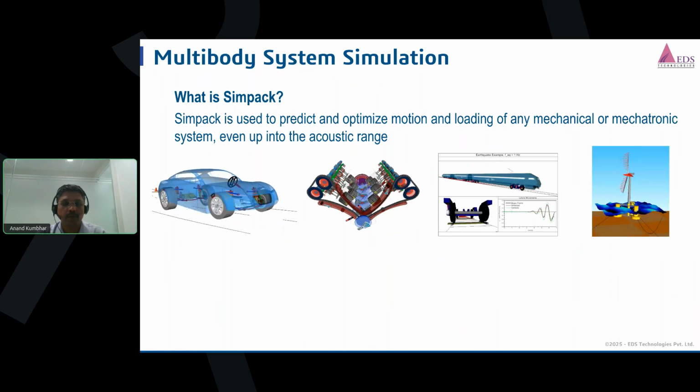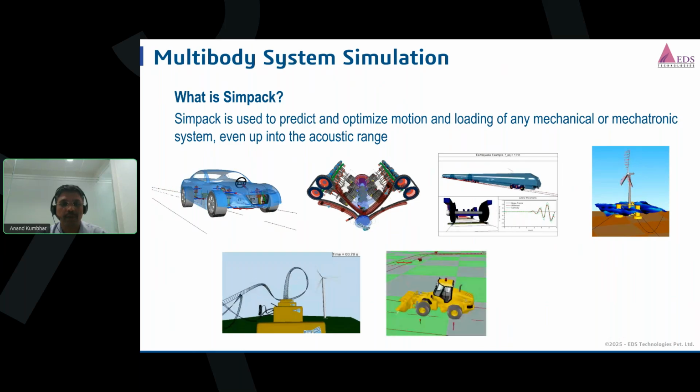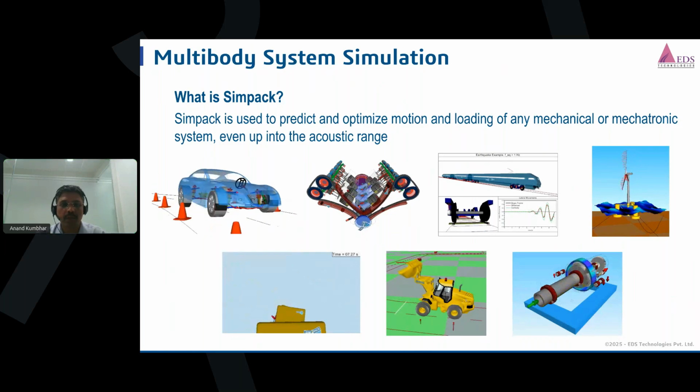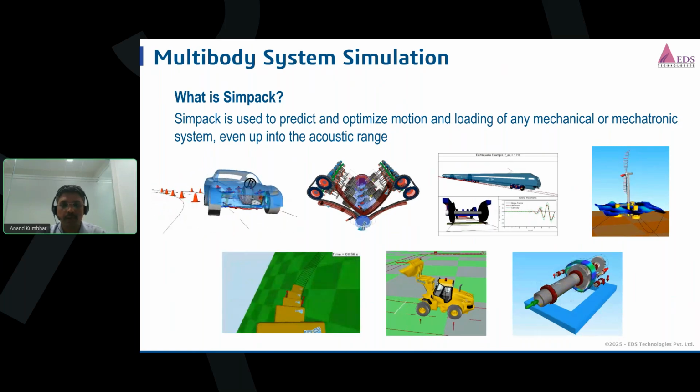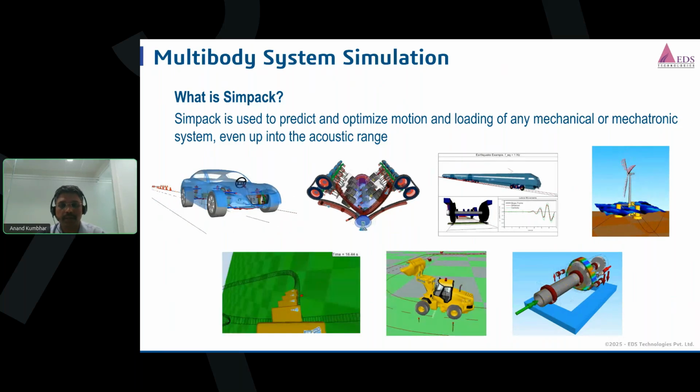The first application is automotive, like ride comfort and handling analysis. Then engine analysis, where whole engine simulations can be done. It has almost 100 moving parts, which is a very complex system, and we can also have flexible bodies. Then Simpack Rail is there. This is the first application of Simpack, and Simpack is very strong in the rail sector. In railway applications, we can do critical speed calculation, derailment analysis,